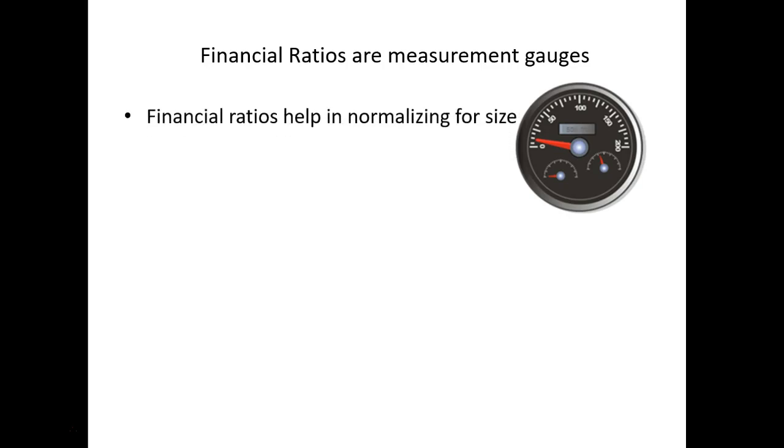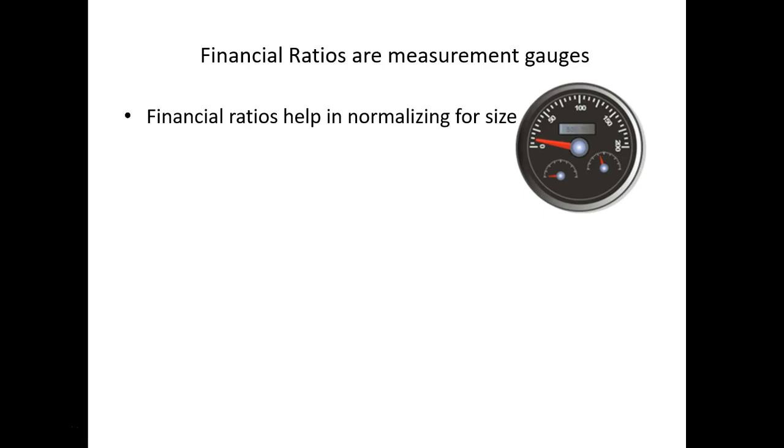Because they are ratios, which means there is a numerator and a denominator, it helps us normalize for size. For example, Walmart in the retail industry is, as you all know, quite large. Their annual sales are over $500 billion. They're way bigger than Amazon. So if you want to compare, say, Walmart to another company that also has brick and mortar, like Macy's,